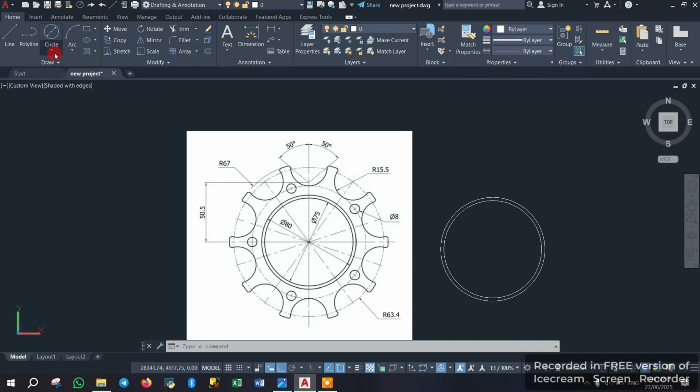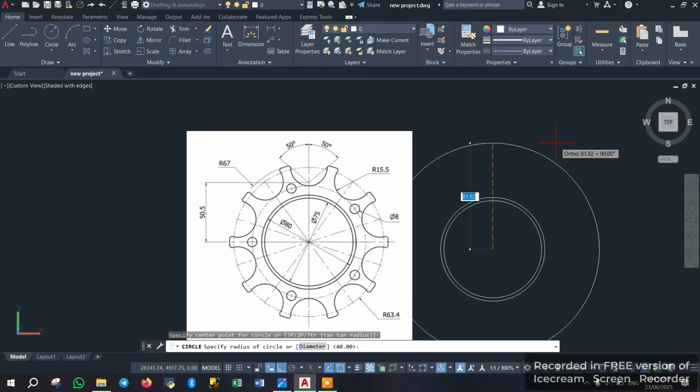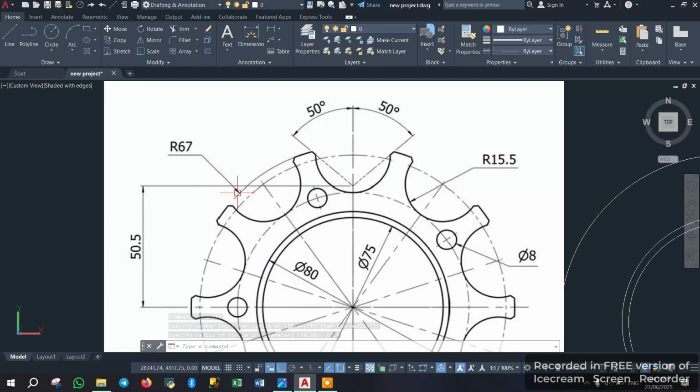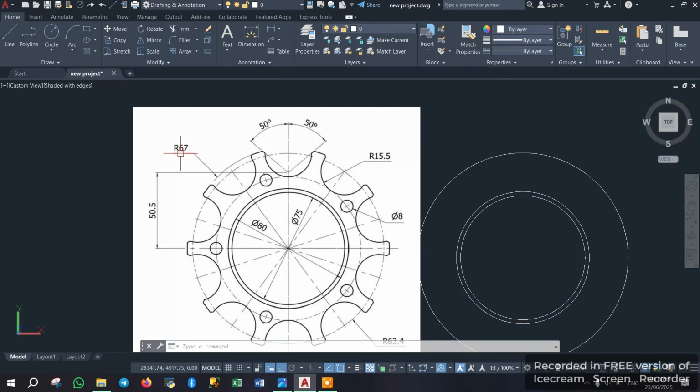So let us draw with circle, radius, 63.4. And this outer one is another circle which touches the edge of this part. It has a radius of 67, so draw a circle again with